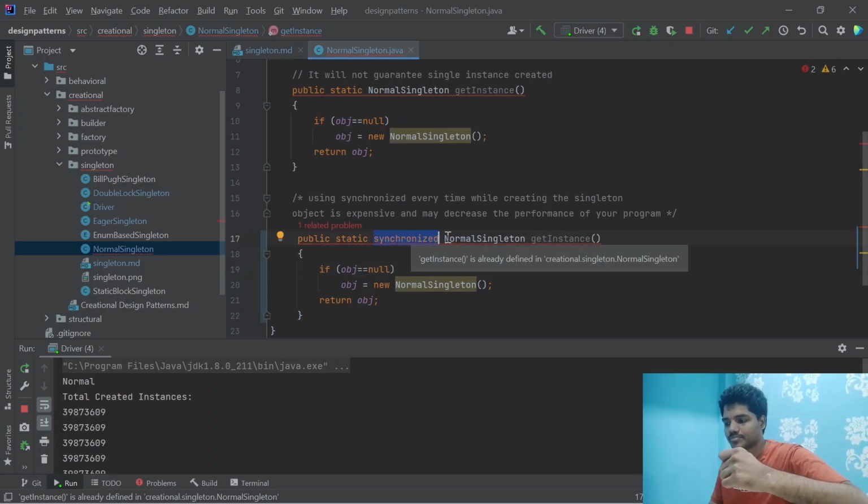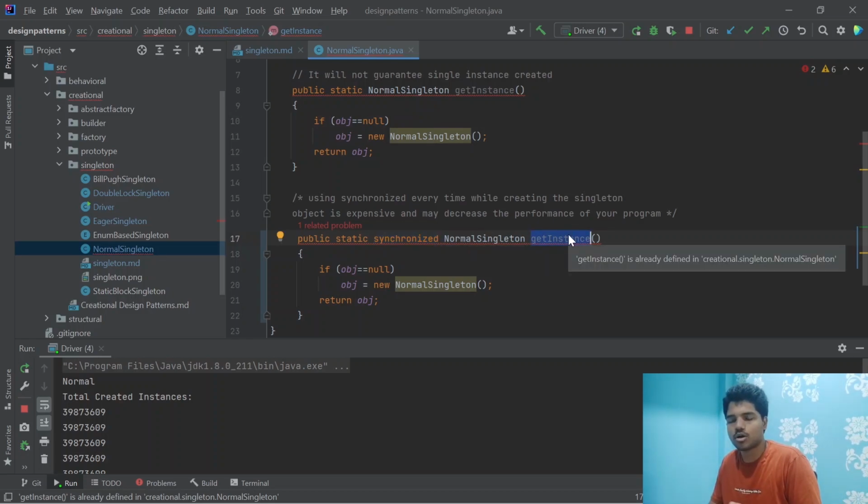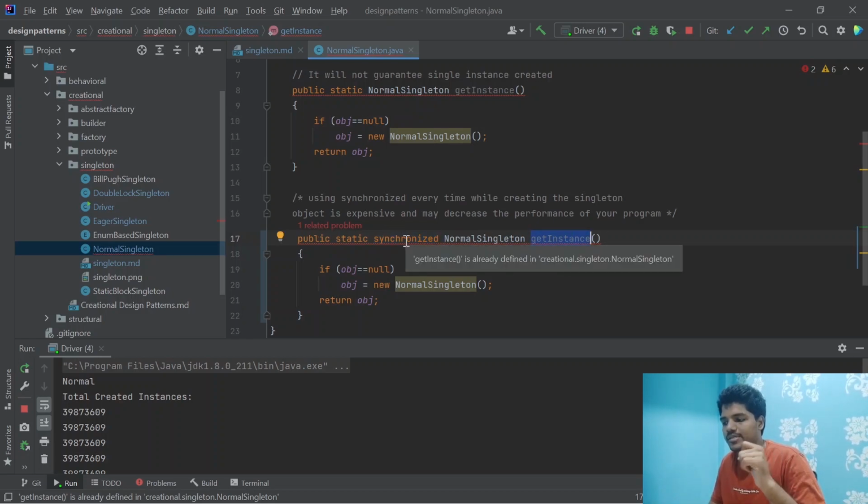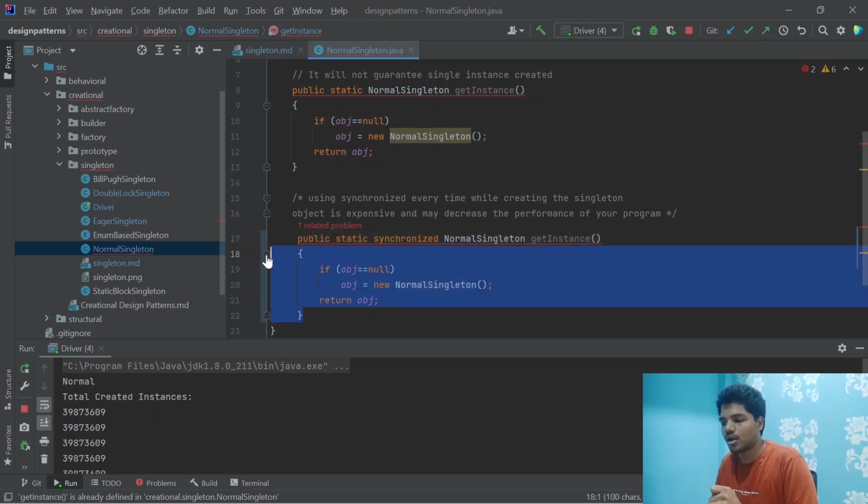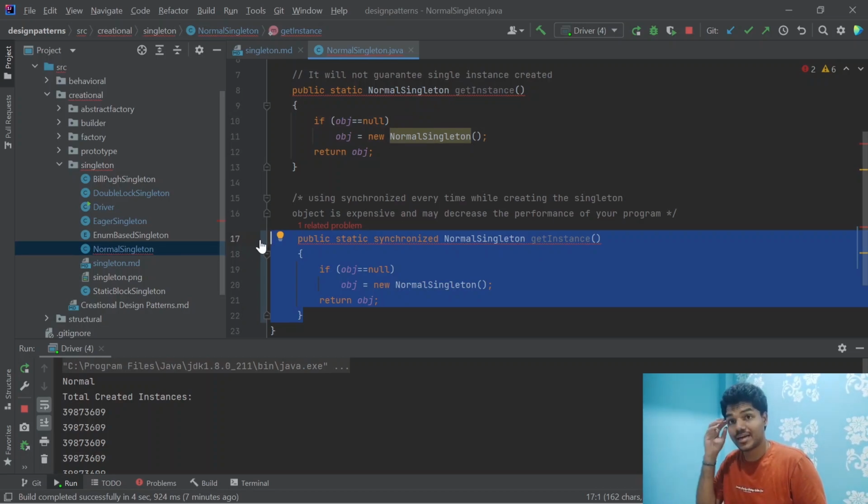Thread A first checks whether getInstance is free or not. Thread A checks it's free and acquires the lock, and thread B will not acquire the lock because it is already acquired. It will be in a waiting state until thread A releases the lock. This way we can make it a singleton, but this is a very costly